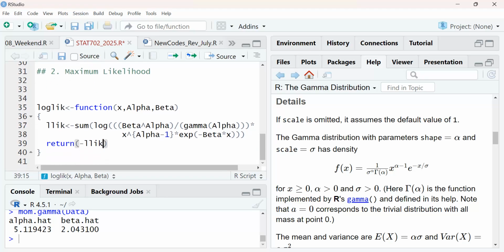I don't understand what you mean by return. Can you explain that? Remember we said we are going to use the negative. We are going to find the minimum of the negative, so that's why I'm returning the negative.